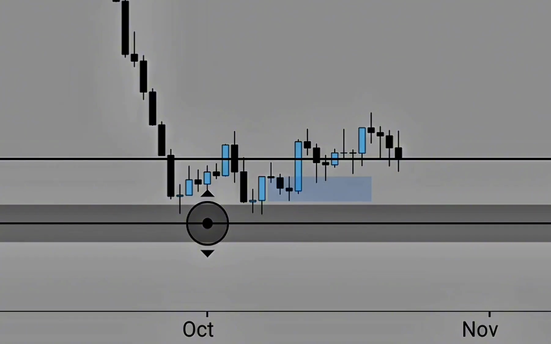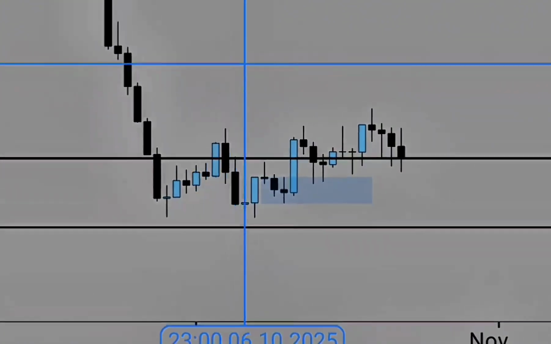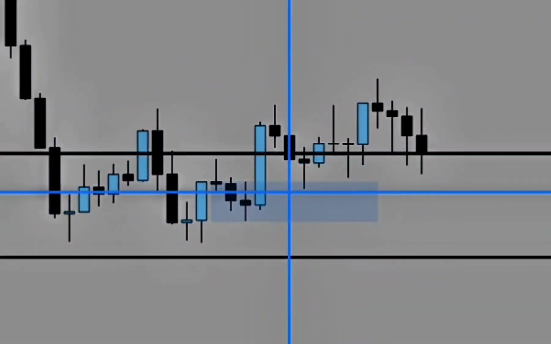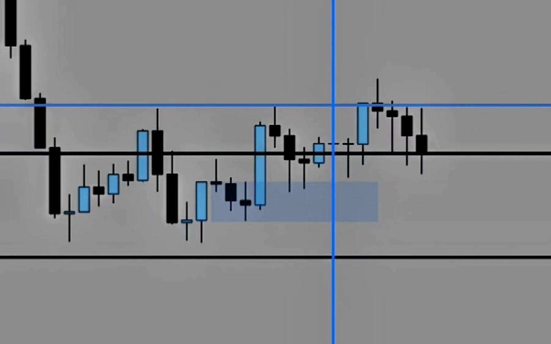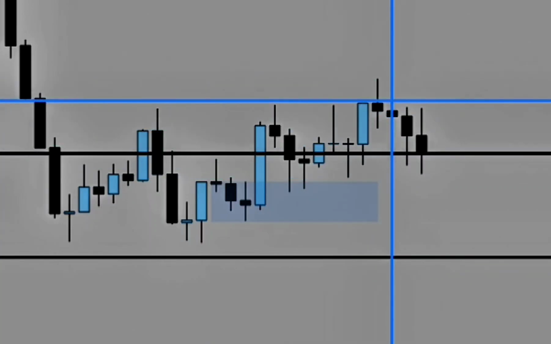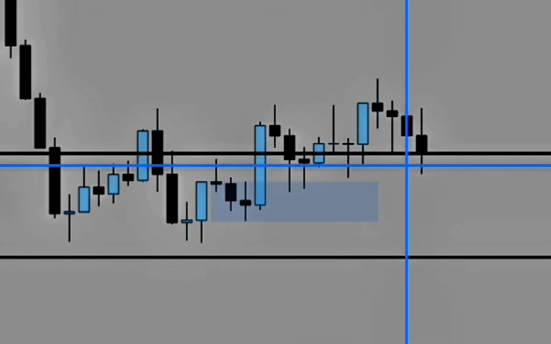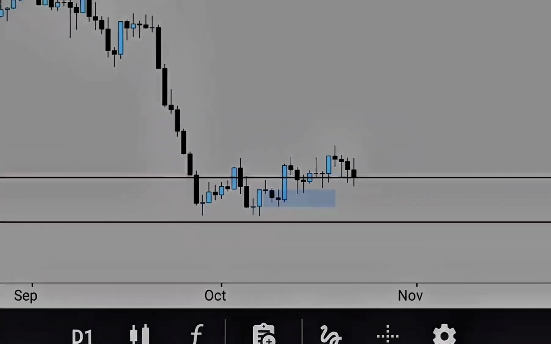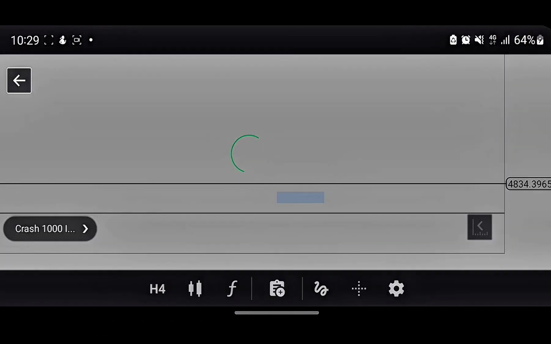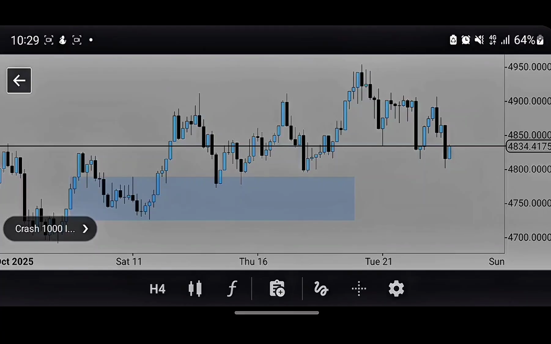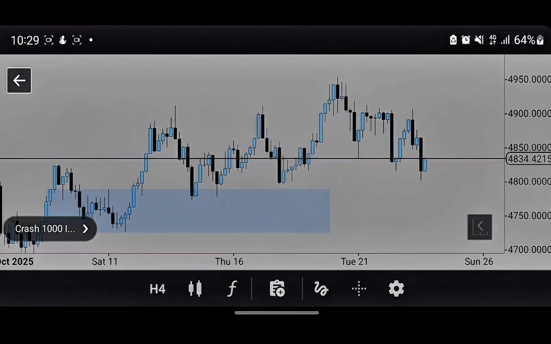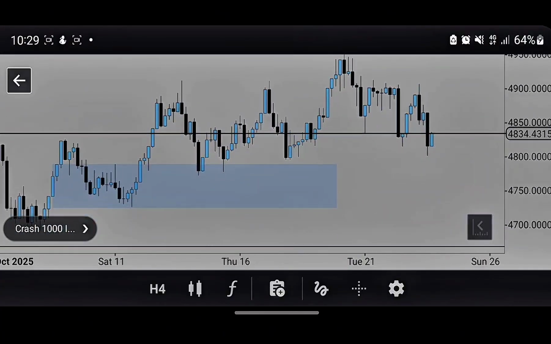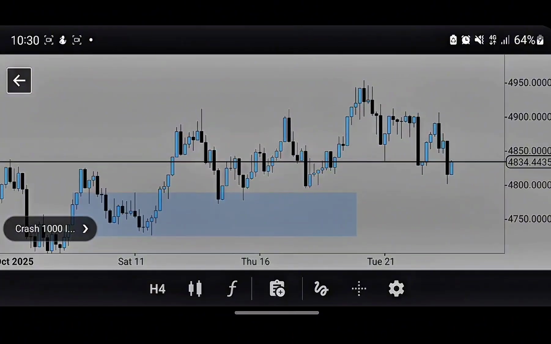So we retested this level right there, went high, came back low, came back high, and now we're retesting that level right there. Let's just zoom into the 4 hours so that you can see all of this clearly. All right, so now that we're on the 4 hour,